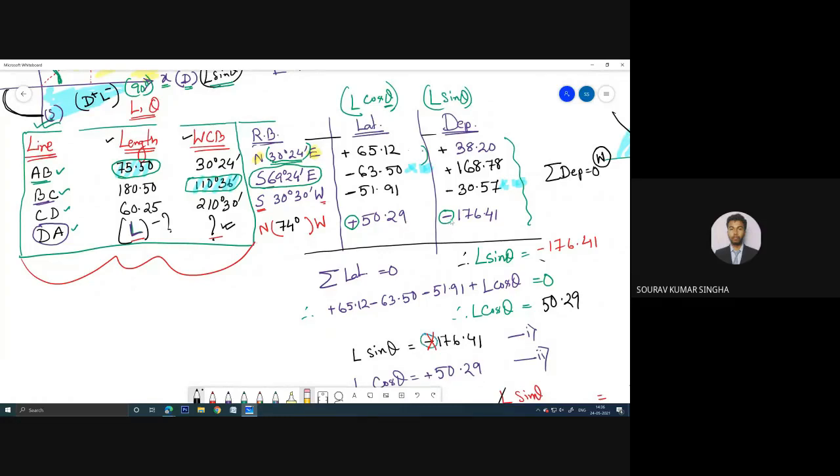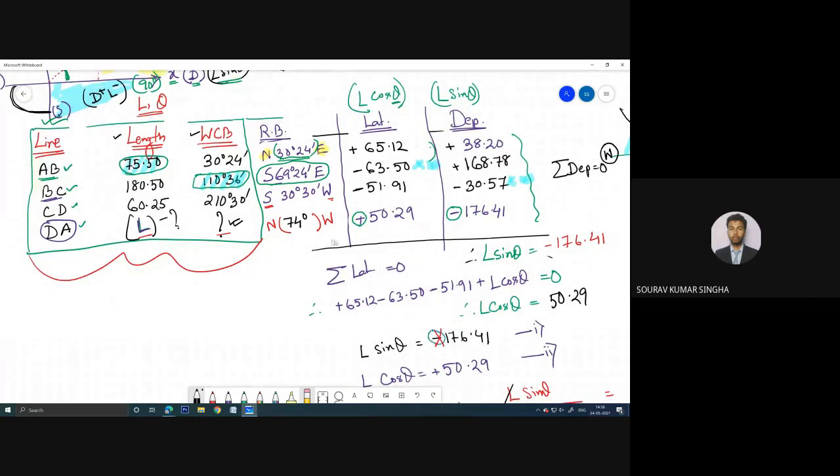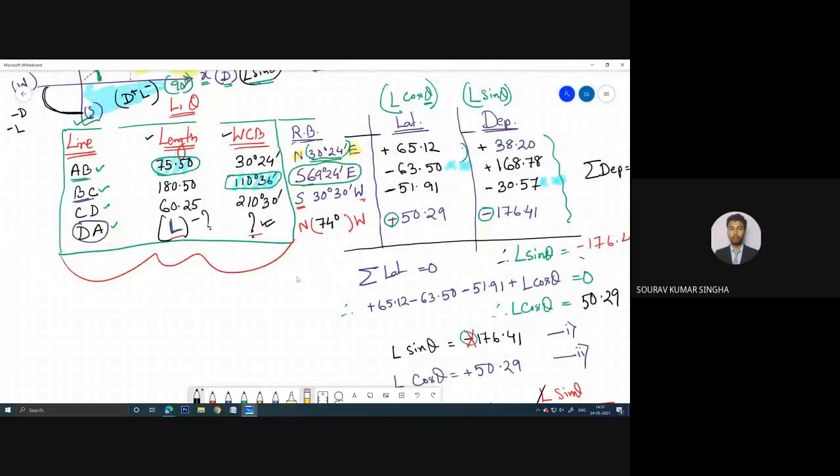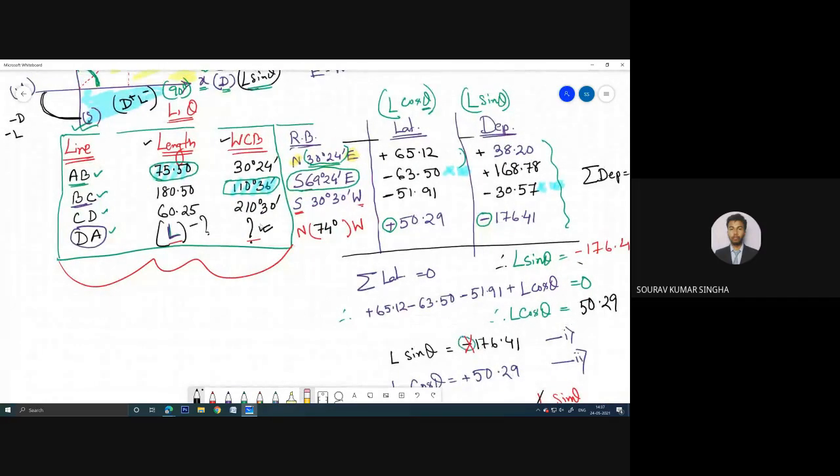Then we put the plus and minus symbols. By watching these symbols we can see which quadrant it is in, and from that quadrant we can see this is northwest, and we have put it over here. Then we use some formulas and get this L and theta value. This is yesterday's numerical. Now today, only this line, this length, this latitude and this departure are provided to correct the bearings, because the latitude and departures are already provided. These do not need to be calculated.